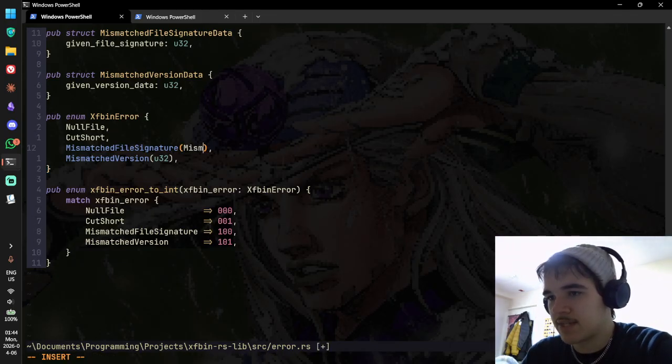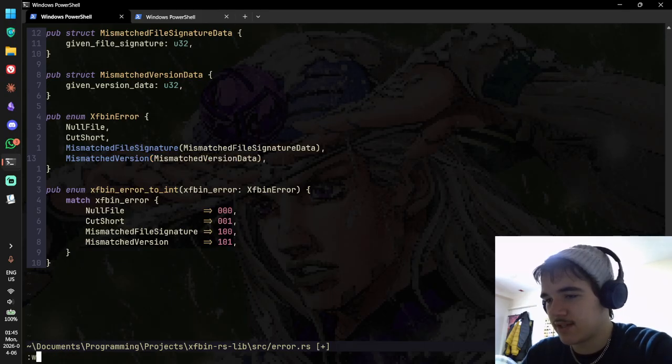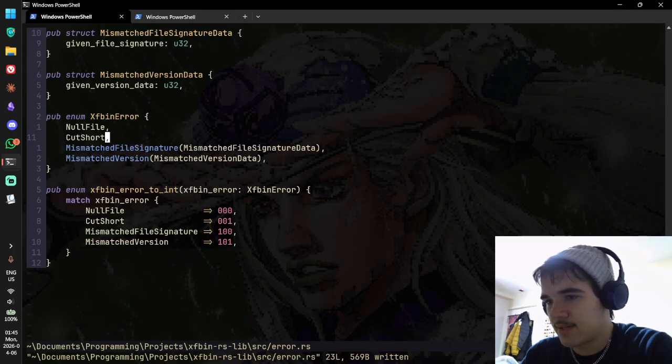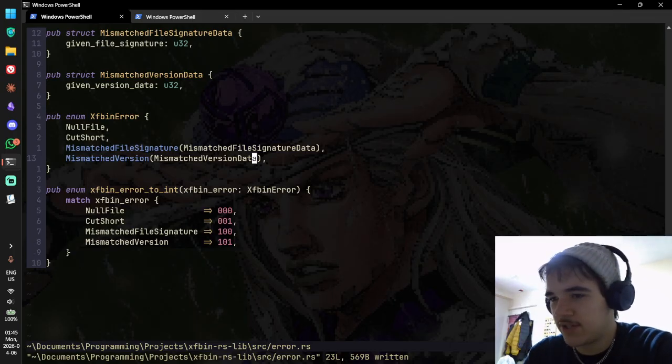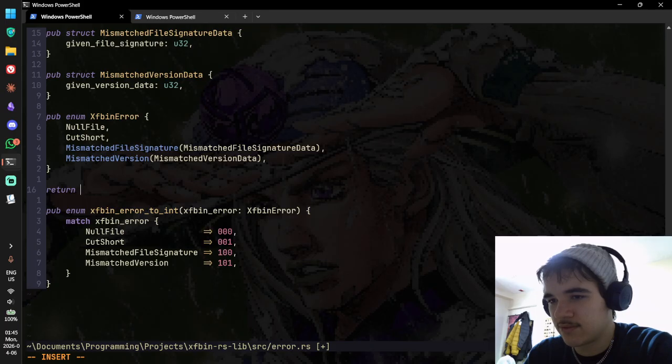And then I just have this as a MismatchedFileSignatureData and have this as MismatchedVersionData. Like, that's ridiculous. Because that's it. And then if I want to use this, I just do return, I don't know, like an error, XfbinError, MismatchedFileSignature, I guess. And then just